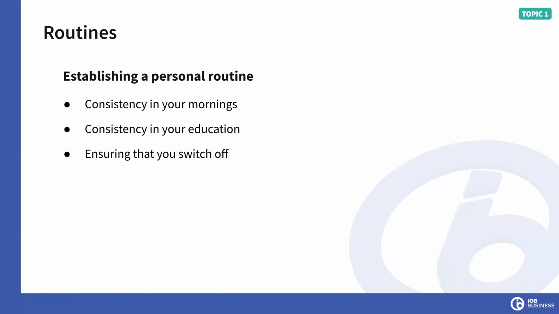Now, earlier on in the presentation, I said there was a second piece of personal routine that I wanted to cover, okay? That second piece is the fact that when you establish a routine in your personal life, you're instilling the most important habit of consistency that you can then carry on into your business life, okay? Because if our personal life is disorganized, it's complicated, we're being pulled from left to right constantly, we're gonna come into our business with the same mindset and the same habits, okay? So this is something that we massively want to avoid. We want to make sure that we're implementing our personal routine in a consistent manner, and therefore we can carry that over nice and easy into the business routine, okay?